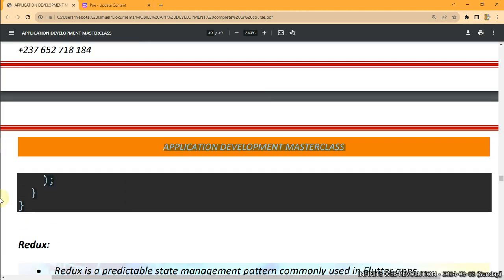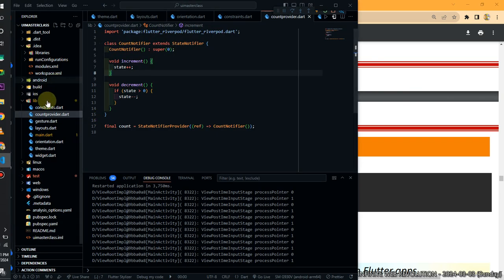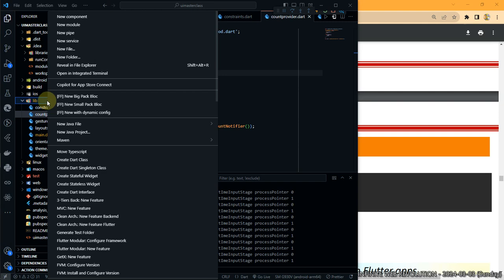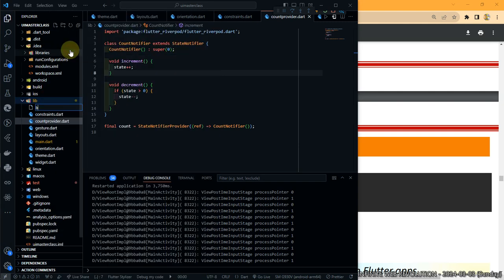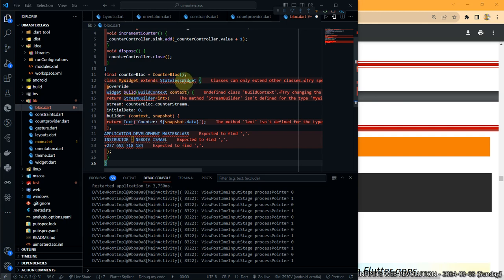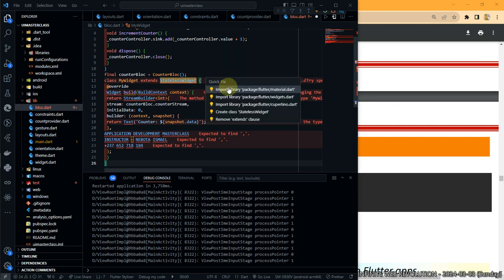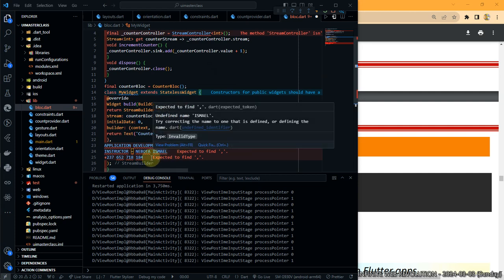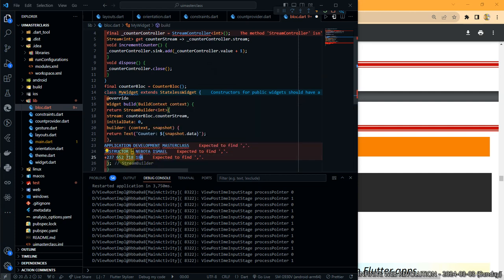I'll just copy it all like that. I'm going to create bloc dot dart, and paste it. I'm going to import these things, material. Then I need to locate where I have my personal data, and remove it. Okay, so